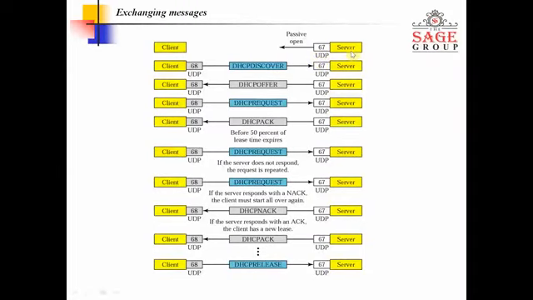The server is passively open. It says: I am open, if you want any IP address, send me the request. Then the client sends the DHCP discover: I want to get some IP address. The server gets that request and sends an offer to the client: this is the IP address you can get. The client says okay, I am fine, send me the IP address. With the help of acknowledgement, the server sends the IP address.